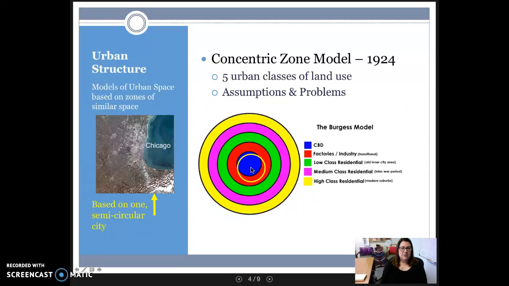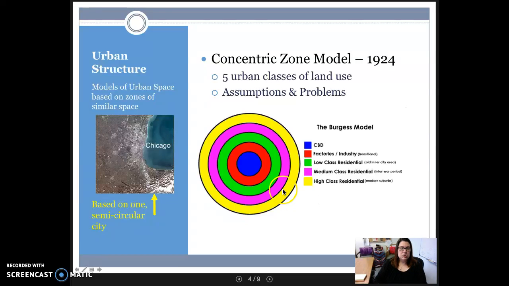urban class of land use that Burgess noticed, and Burgess suggested that cities grew outward away from the CBD in rings. So the next ring would be the factory area, the industrial area. The next ring being the low income area. And next outward from that is the middle income, and finally the high income. Notice that Burgess called it low class, medium class, and high class. We try not to use that term anymore, although it is used widespread by people. But really it's an income